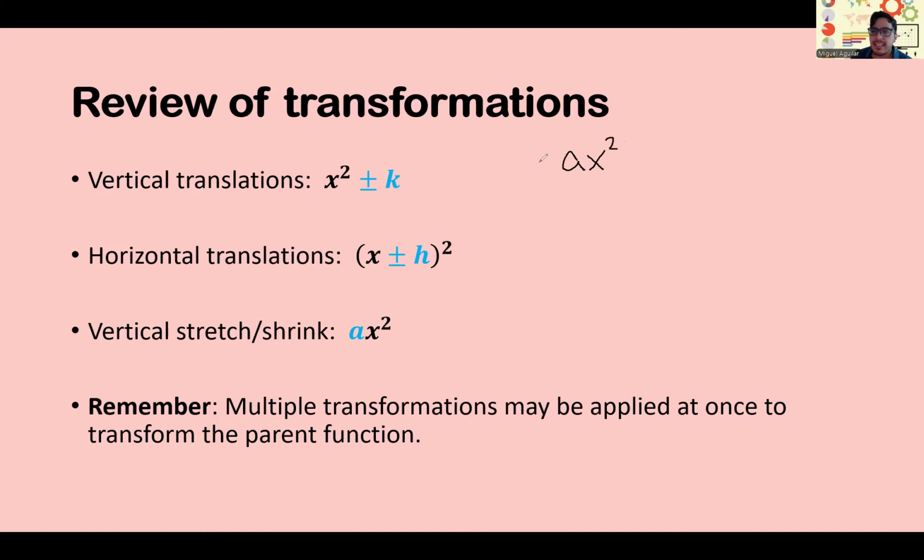If that is a negative a that's being multiplied by the quadratic function, in terms of transformations, we said that would be a reflection across the x-axis. Well, if we reflect something across the x-axis, we're going to flip it upside down. So if we have a negative number being multiplied by the function, we know that's going to be an upside down parabola, in which case the vertex will be a maximum,